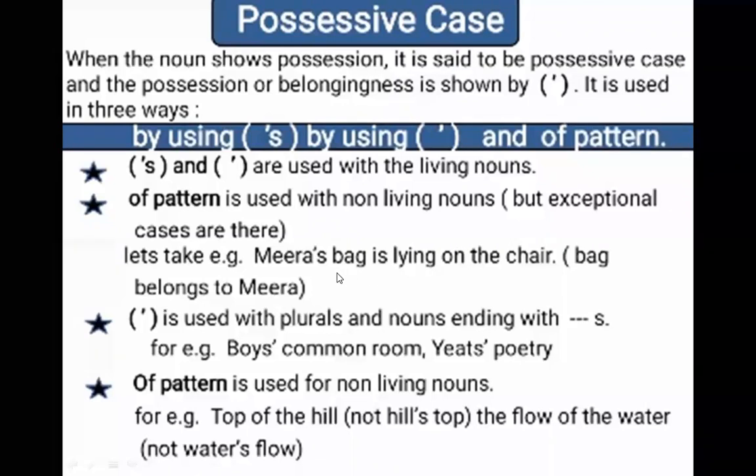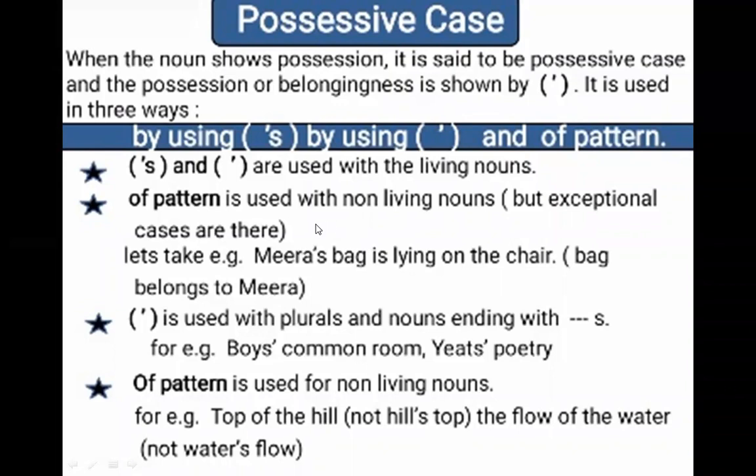For example, Meera's bag is lying on the chair. In other words, with the "of" pattern, you can say the top of the hill, not hilltop, right? Flow of the water, legs of this table. So these are "of" patterns. Now this apostrophe S is used with the singular noun. Meera's bag is lying on the chair, right? This apostrophe S shows the relation of belongingness of this bag to Meera, which means this bag belongs